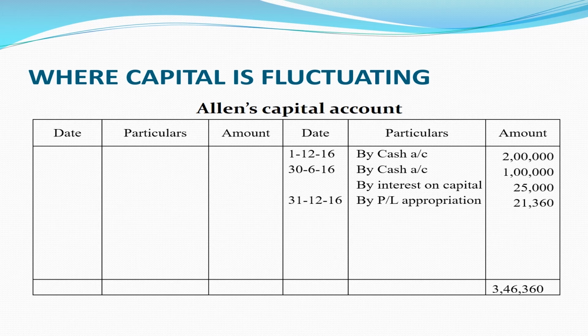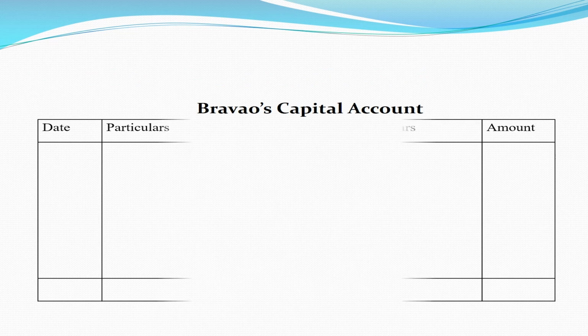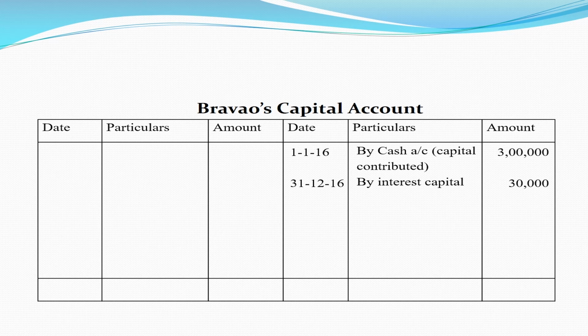Now moving on to the to side, that is to drawings, $12,000, interest on drawings $200, and to balance carried down, that is the balancing figure, $3,34,160. Now moving on to Bravo's capital account, we will write by cash account $3 lakh, by interest on capital